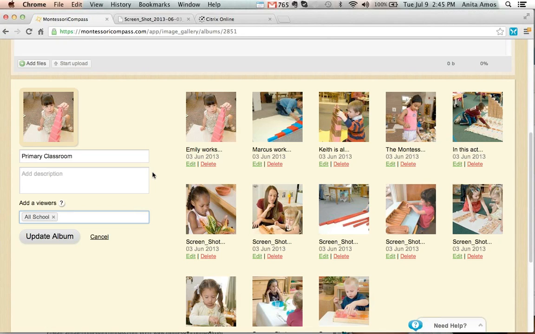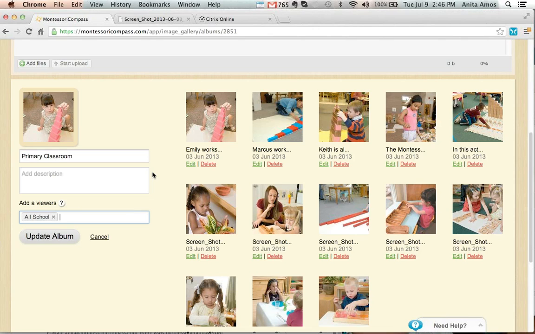So if I'm a parent of a 4-year-old in the primary room, and I see in lower L they're doing some really interesting project that's really impressive, and you've got a nice portfolio of photos on here, I might look at that and say, wow, that's interesting. I want to learn a little bit more about lower L. There's always going to be a drop-off at kindergarten and at first grade and so forth, and getting parents to continue to be impressed by Montessori, to be interested, to be really impressed by what's going on in these other programs is a good thing. And using the photos as a means of very passively marketing these programs to them is definitely a good idea.